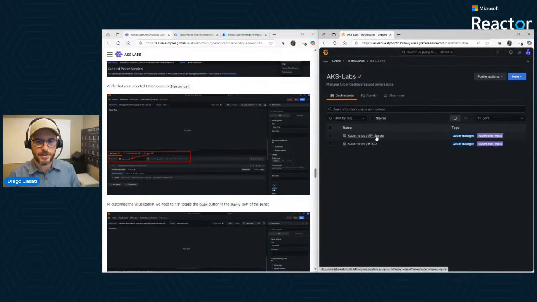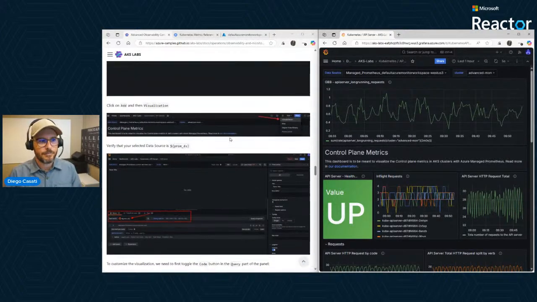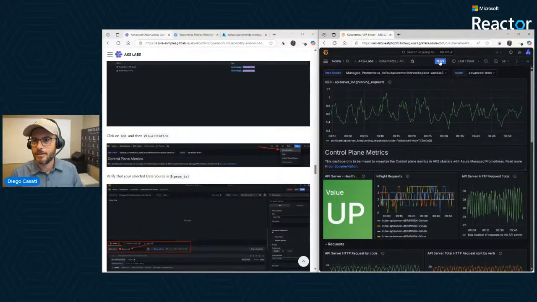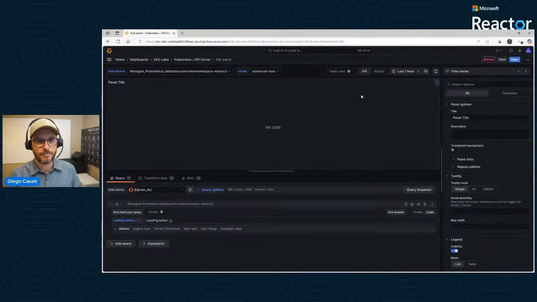Under API server, okay, which I do have in there, but we're going to just create a new one. I'm not going to even look into that, but it will look exactly like that. In here we need to add a visualization. So just by share, add. And you get something like that. It's plain, there's nothing in here right now. We're going to put